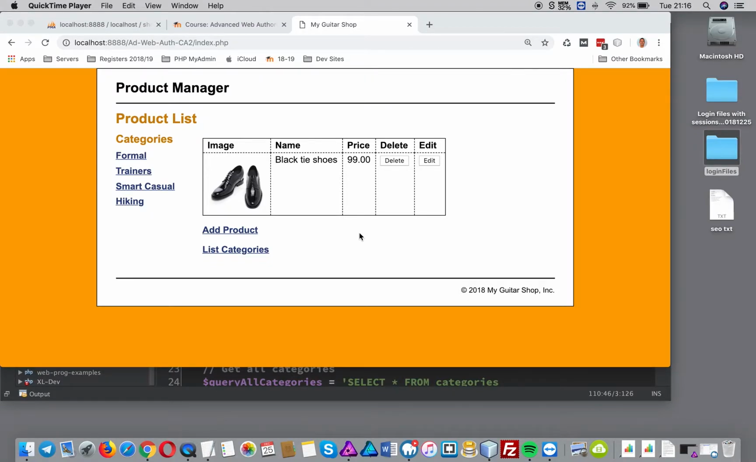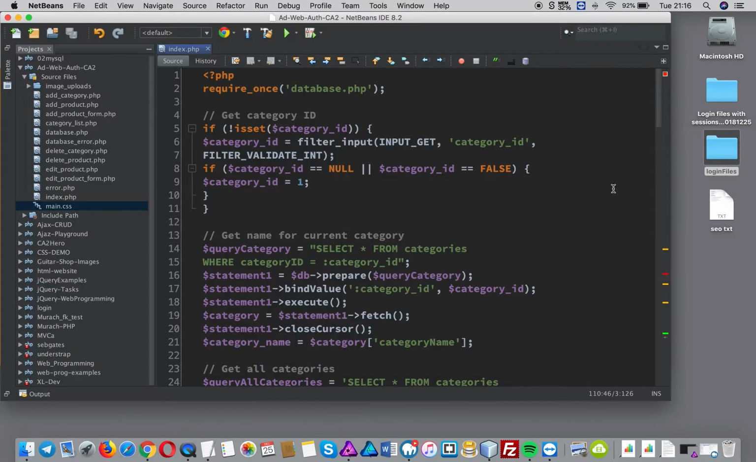Okay, so what I'm going to do here is just add the login and registration files needed to make this a kind of a website that is able to handle something called sessions. Okay, so you'll see this is just what we had before. I've downloaded